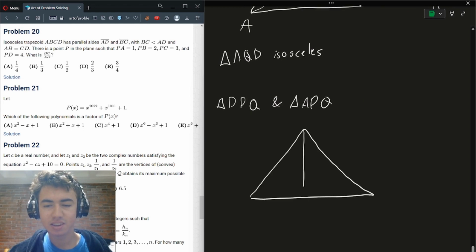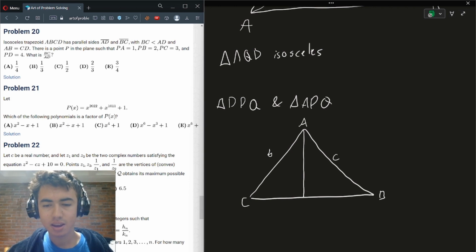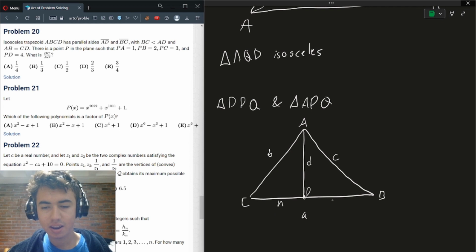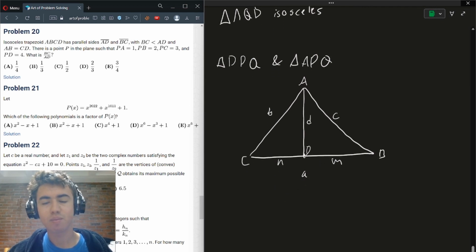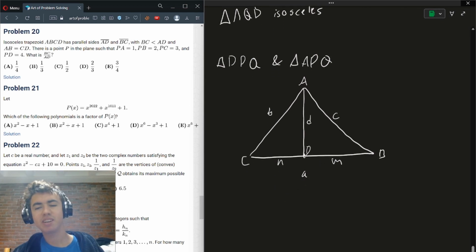So something like this: have a triangle with a line in the middle, and then you have the sides B, C, C, B, A, and then this is side A, this is D, and this is M, N, and M. Now, one thing that you just have to memorize, it's pretty easy to derive with the law